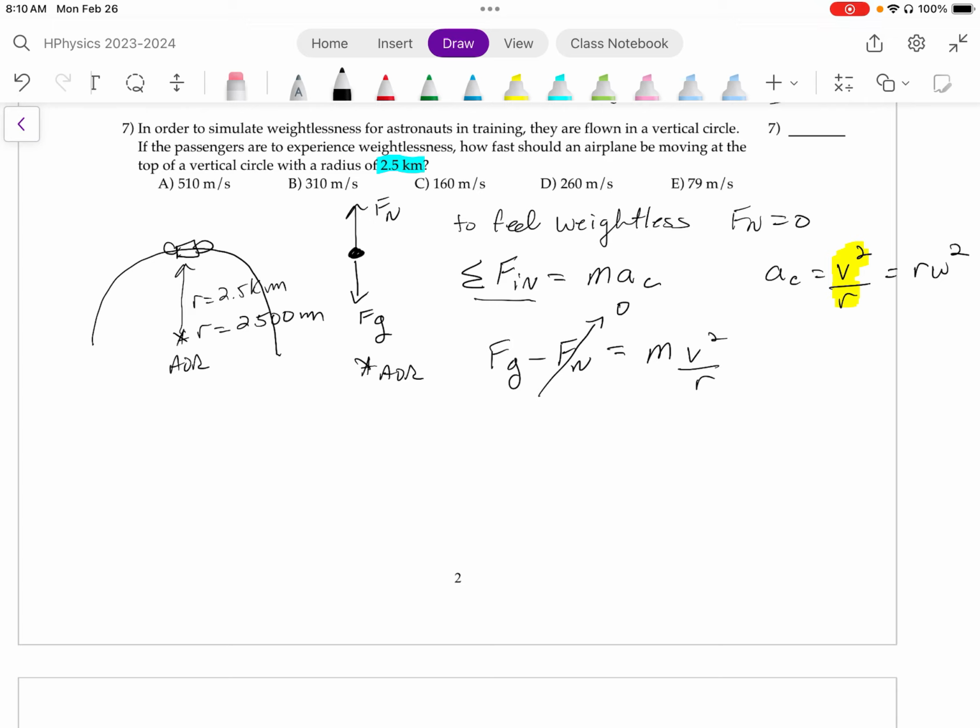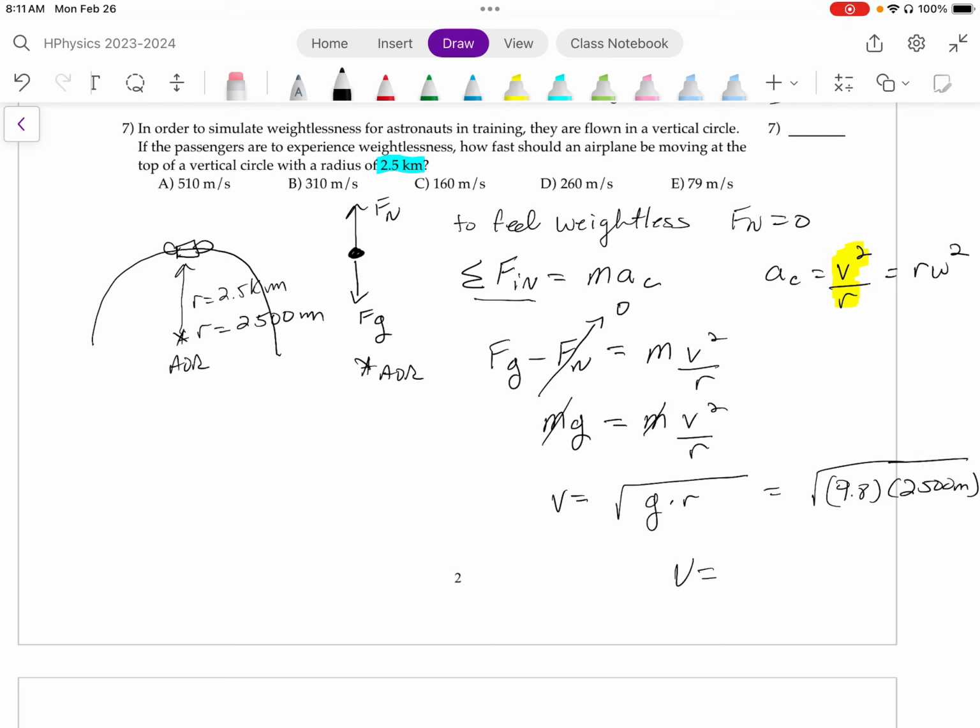So I'm left with force of gravity acting on the passenger, and force of gravity on Earth is mass times little g, which will equal m times v squared over r. Notice that the mass is on both sides, so if I divide both sides of the equation by m, mass cancels, so the mass of the passenger is not needed in order to answer this question. v is equal to the square root of g times r, and that will be equal to 9.8 times the radius in meters, must be in the correct units. If I multiply 9.8 times 2,500 and take the square root, I get an answer of